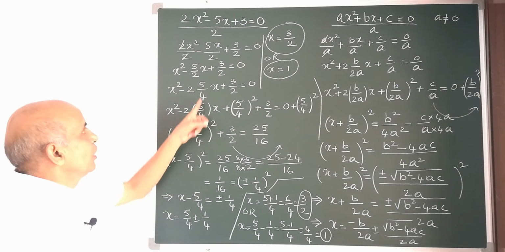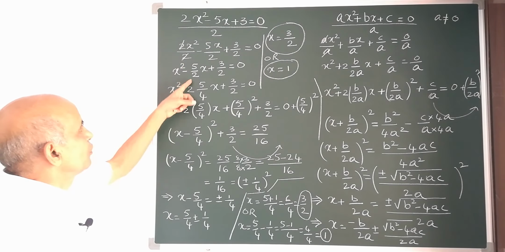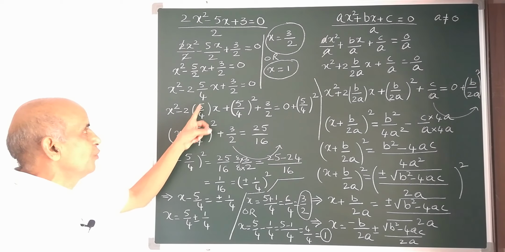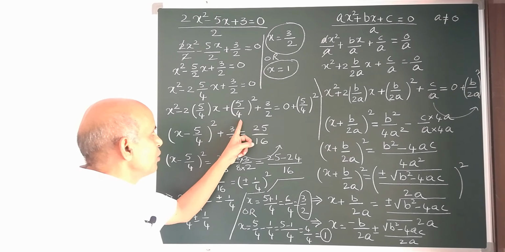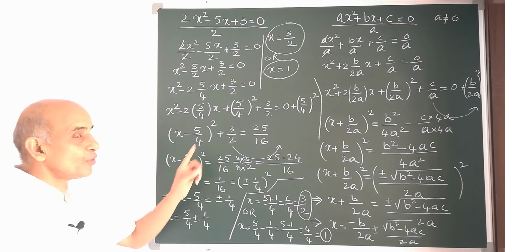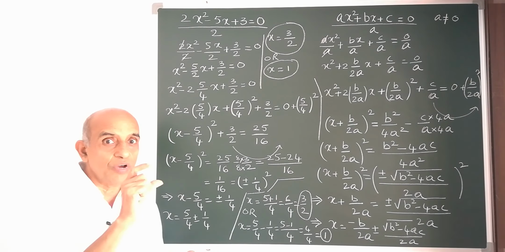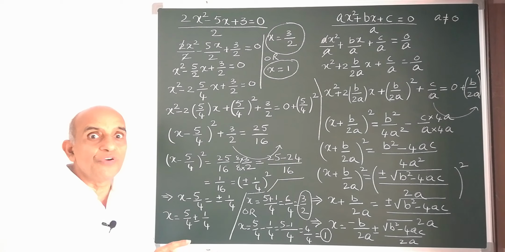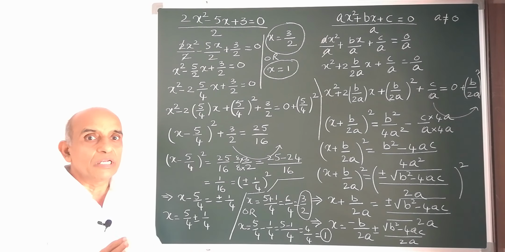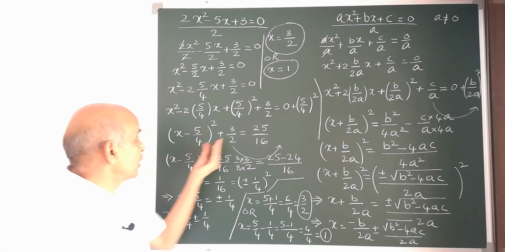Then we have identified what is b by writing this in the form of, so we have multiplied and divided with 2, it became 4. So we have identified the term b is 5 by 4. So therefore we have added 5 by 4 whole square on both sides in order to complete this square. So you have seen, if you look at those previous videos, you will understand what is the square to be added in order to complete the figure. So in one of the examples we have added 49 on both sides or something like that, 2 square on both sides. So this is 5 by 4 whole square on both sides in order to complete the square.